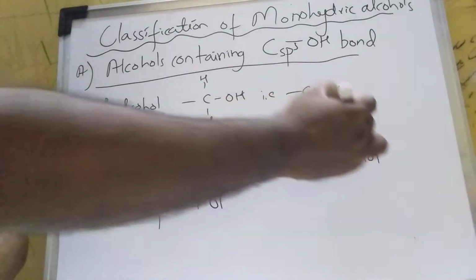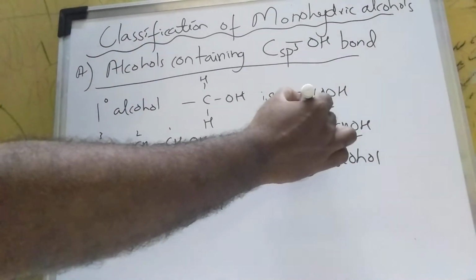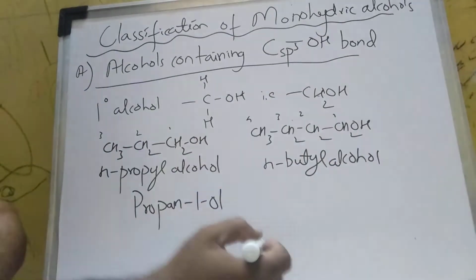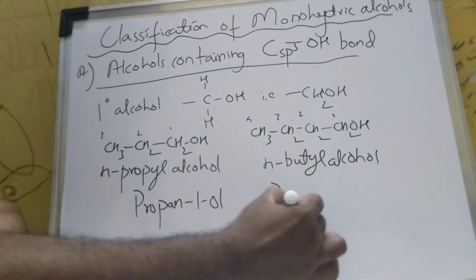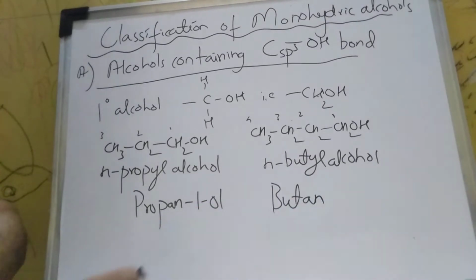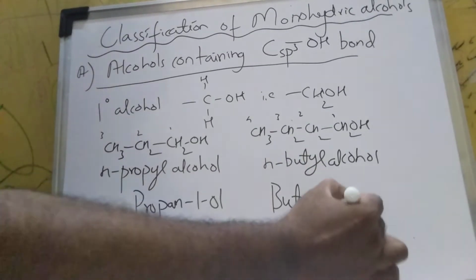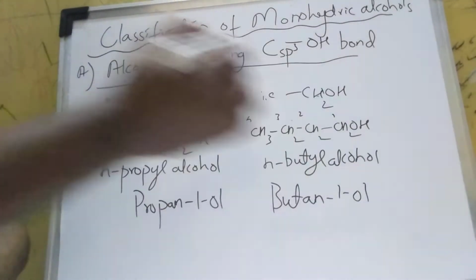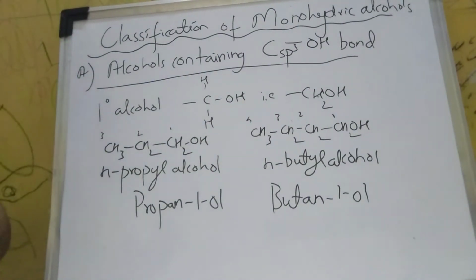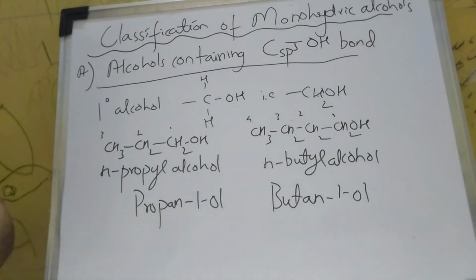Now the IUPAC name. This carbon atom will be the first, second, third and fourth. 4 means butane, E is removed, we call butan. OH is attached to the first one, butan-1-ol. So these are some examples of